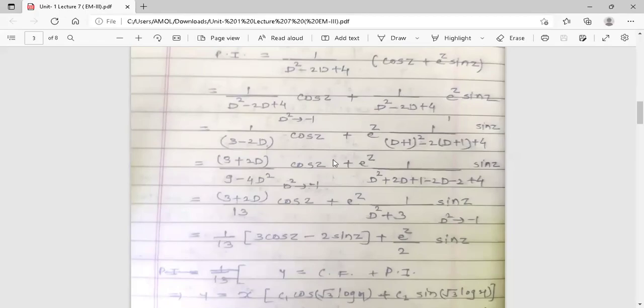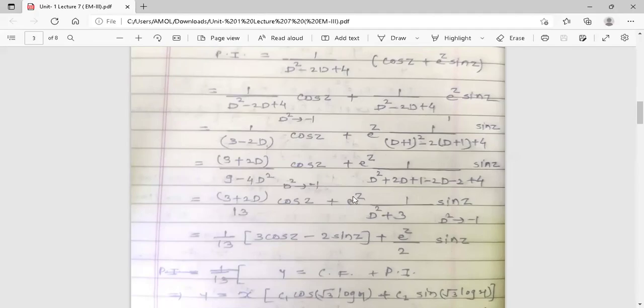Now the trigonometric cos function is there. So replace the term of D square by minus 1 like the second step. Now if we replace D square by minus 1, it will be minus 4 into minus 1 plus 9, so 9 plus 4 is 13. So in the denominator the term is 13. The numerator is 3 plus 2D. So 3 plus 2D upon 13 into cos z, plus e raised to z, its work is over, so it